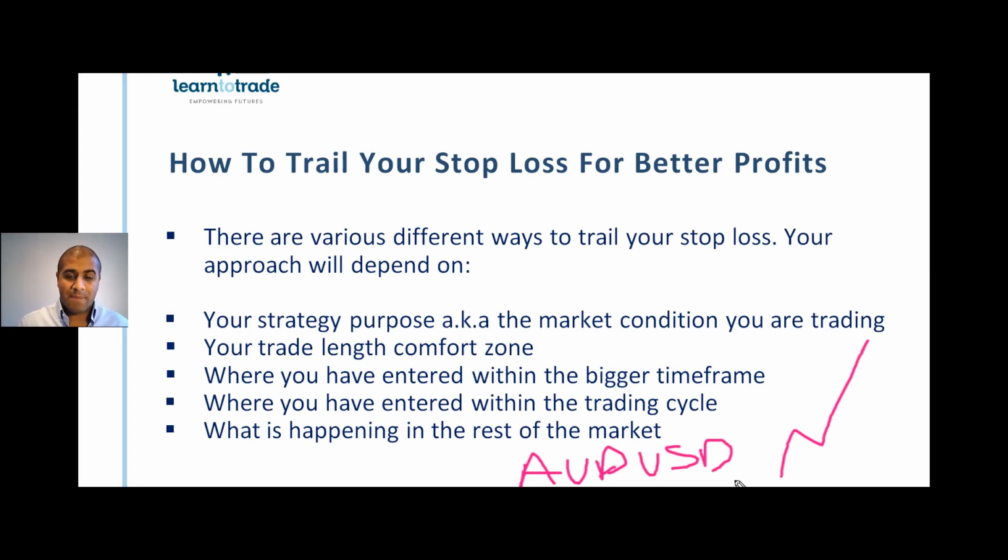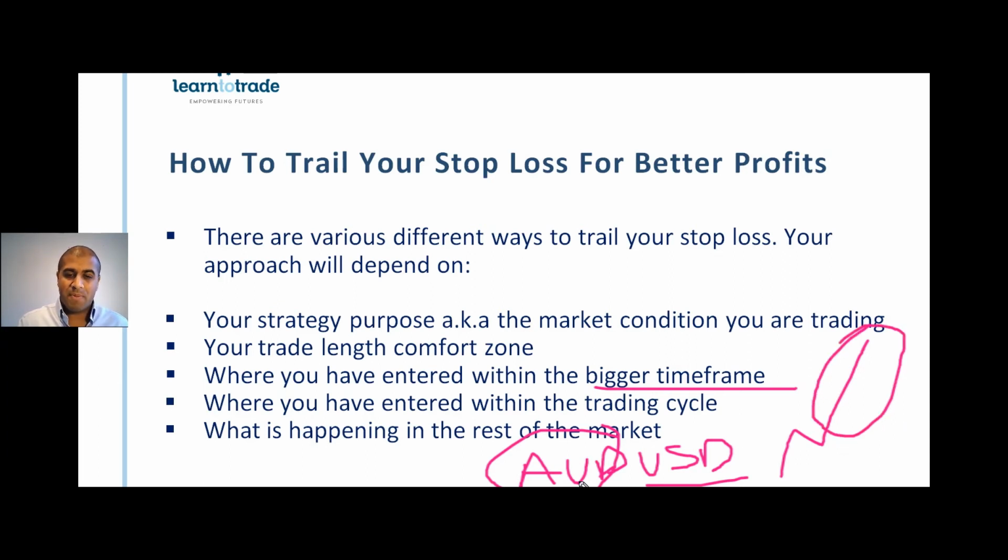Of course it depends on what's happening in the US dollar, but this comes back down to strengths and weaknesses. Strength and weakness is quite important to understand, because if all the Aussie crosses were going up, then I'd be happy to put a trailing stop loss on the time frame I'm trading or the time frame above,